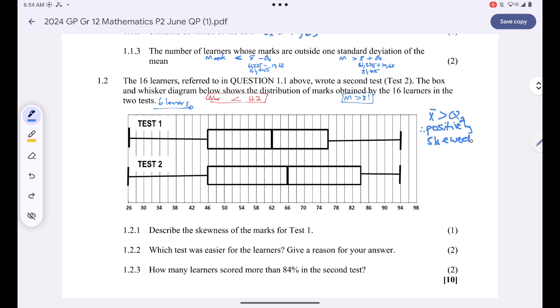However, if the mean is less than the median, I can therefore say the distribution is negatively